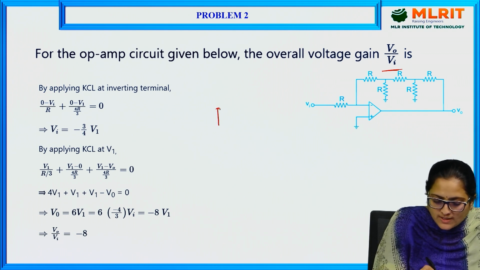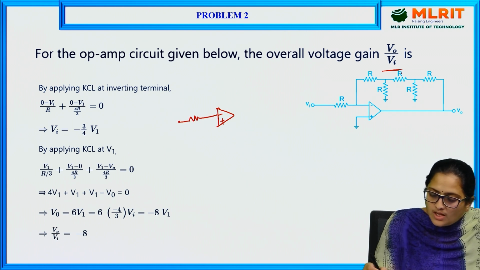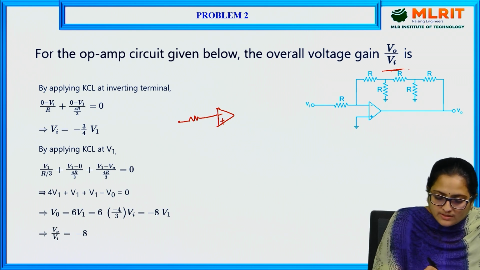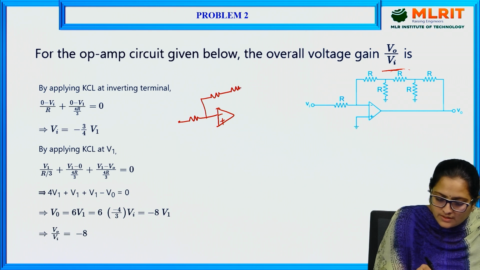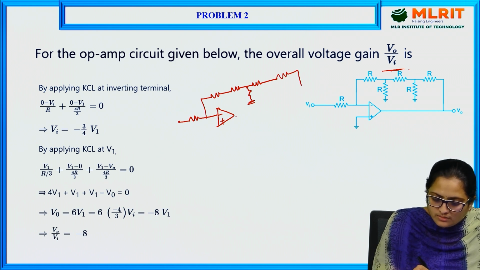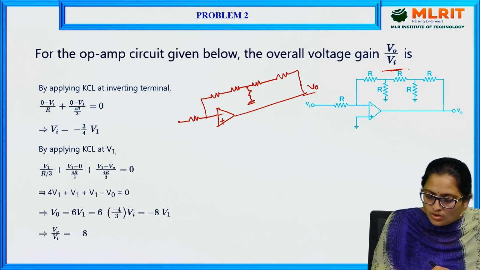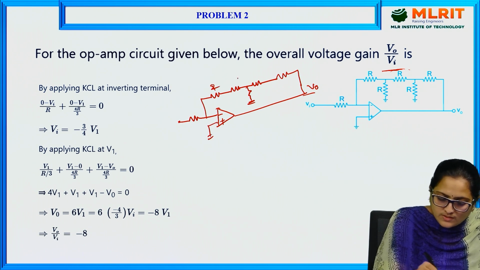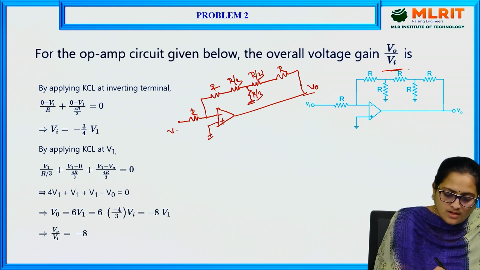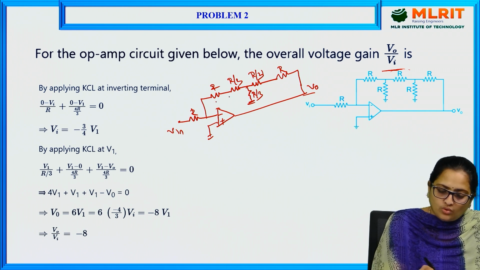So the circuit has been minimized like this: Vi with a resistor, and this looks like a star to delta conversion. So I am representing this as R, and this is R by 3, and this is again R by 3 connected to ground, and this is one more R connected to V0, and this is ground where this value is R and this value is R, and this is R by 3 and this value is R by 3, and this is R and this is Vi, and these two are connected in series.